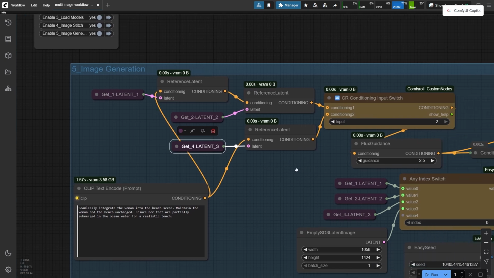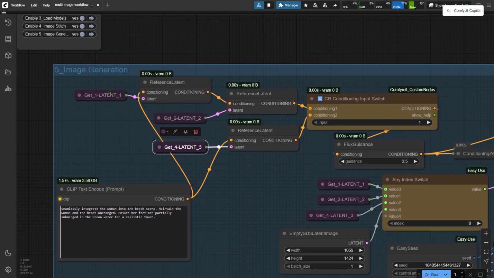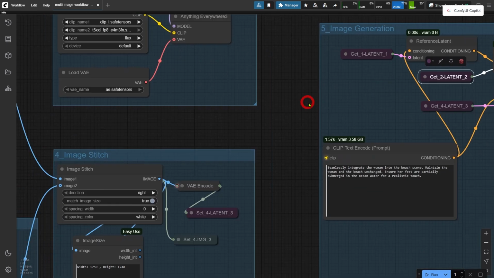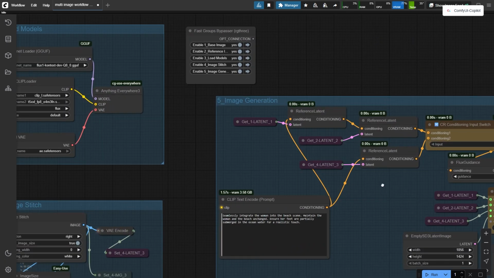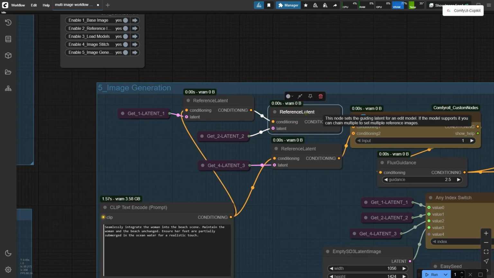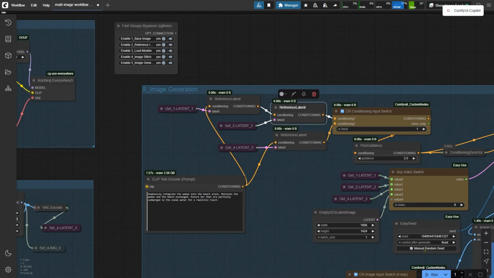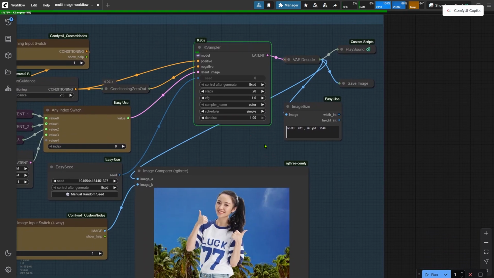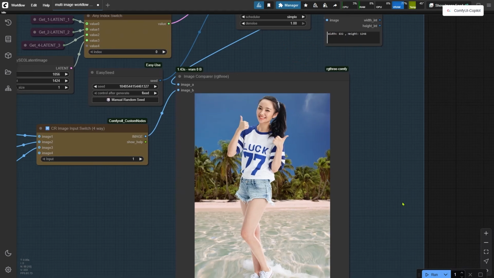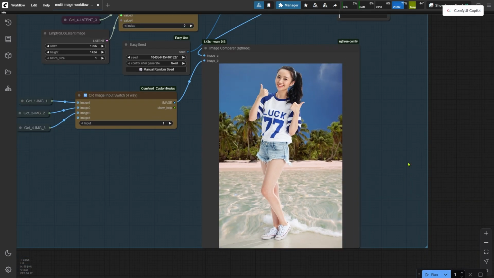Okay, set the input to 1 now to switch the conditioning source. This setup uses 2 latents, one from each uploaded image. The reference latent node transforms them into conditioning and combines them. Let's run it and see what we get. Interesting. The woman and the beach look almost identical to the original pictures, but her feet are still not in water,